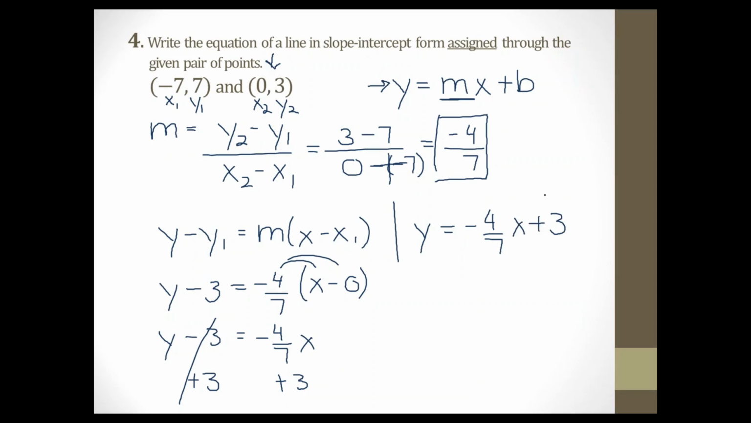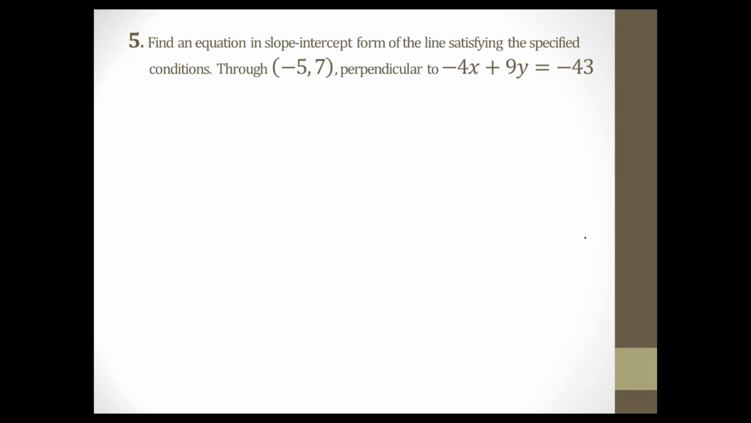This is the equation of the line in slope-intercept form, and this equation or line would pass through these 2 given points. Question number 5. So find an equation in slope-intercept form of the line satisfying the specified conditions. So this line needs to go through the point negative 5, 7, and it needs to be perpendicular to this